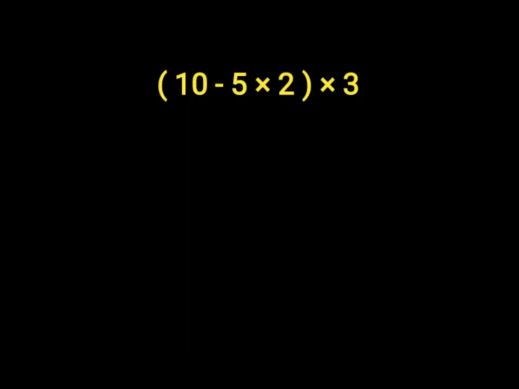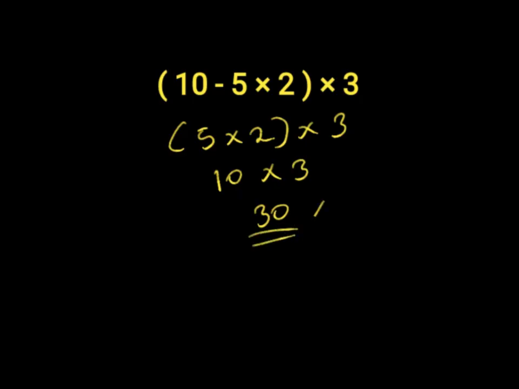Parentheses 10 minus 5, times 2, then times 3. In our parentheses, 10 minus 5 will give us 5, then 5 times 2, bring down our 3 here. 5 times 2 is equal to 10. Then we have 10 times 3. 10 times 3 will give us 30, which is wrong because we did not work with the order of operation,